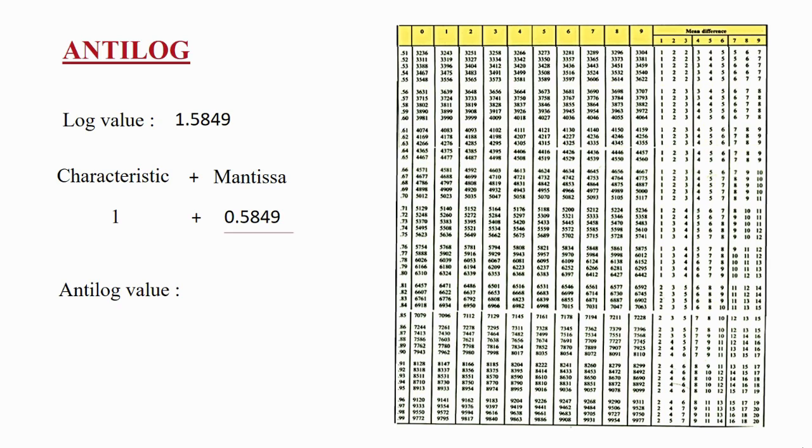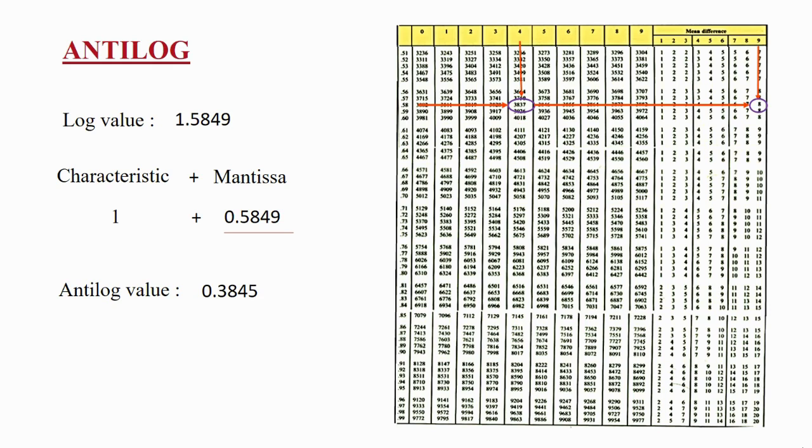I already explained to you, students, for finding the antilog value, you have to just consider the mantissa and not the characteristic, because only the mantissa part is found using the logarithmic table. So this is the actual part from the log table. While finding the antilog, we have to use only that part. Now, in the very first column, observe 0.58. Along the 58 row, observe the value under the fourth column and add the mean difference along the same row under the 9 column. The value comes out to be